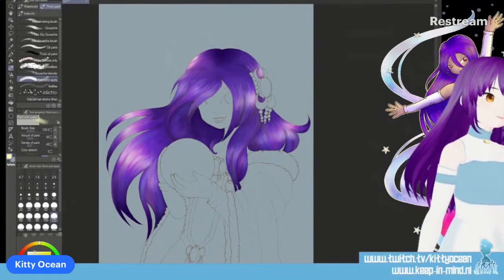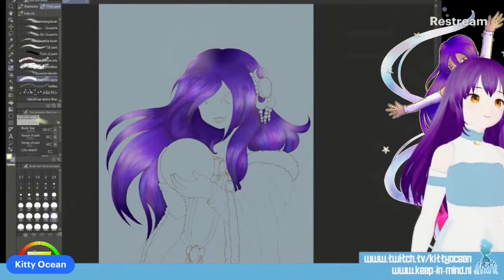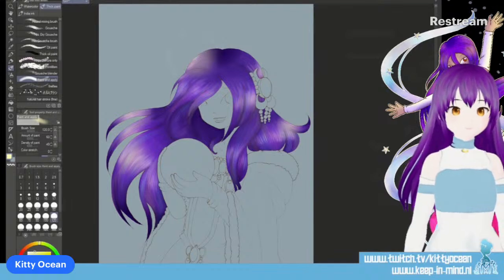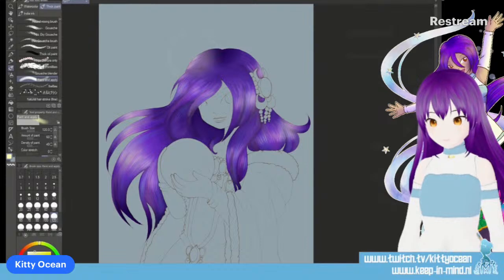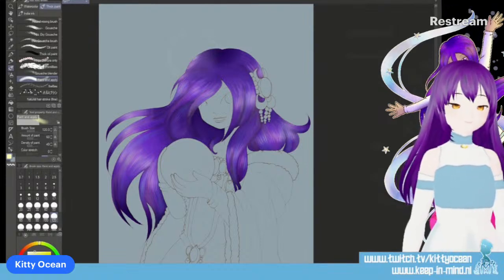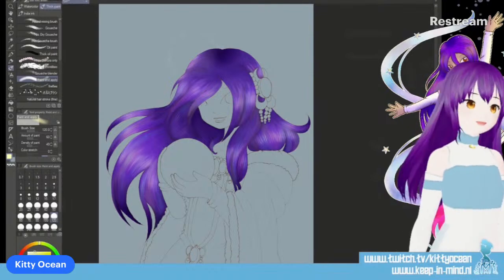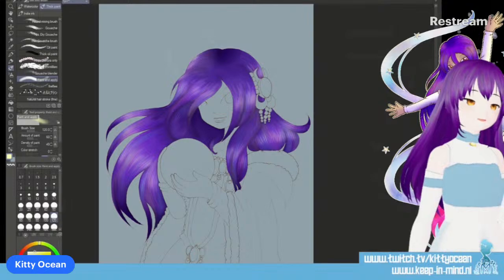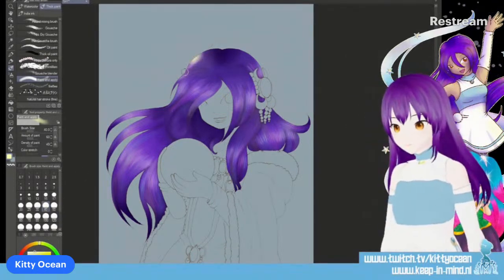No, that's way too much. Lighten, screen. No, we're just going to keep it on normal. Very low. And then I'm going to redo a few pieces with a smaller brush.